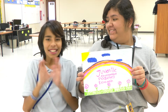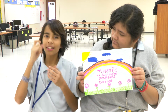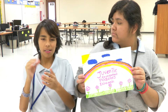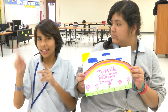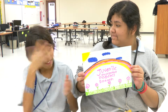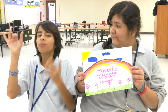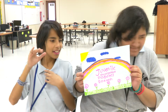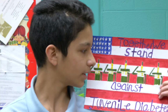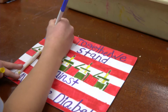My drawing's about when I'm sad, people with diabetes, and they want to try to give them to people to make them feel happy. A rainbow, butterfly, the name. And I wanted people to know that if we stand together, we could find a cure, but